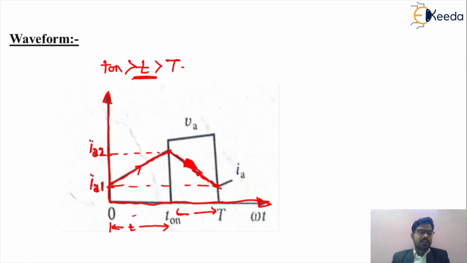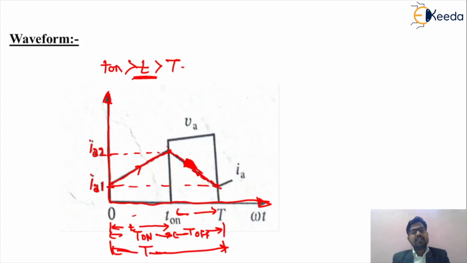So friends, in that particular diagram, this is called the T on period, this is called the T off period, and this is the total time period T. In concern with the dynamic braking, the output voltage across the armature circuit of your DC separately excited motor is represented by VA. And as we know, the value of VA we have derived is the duty ratio into voltage V.